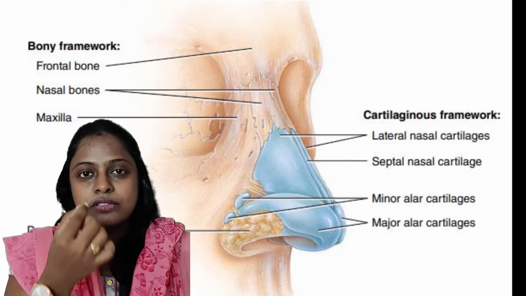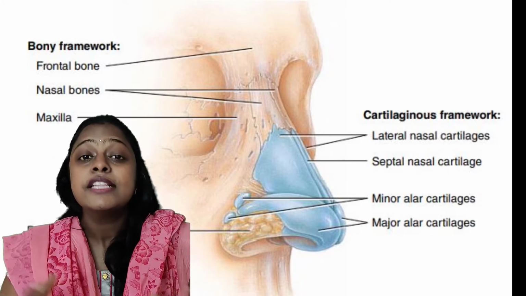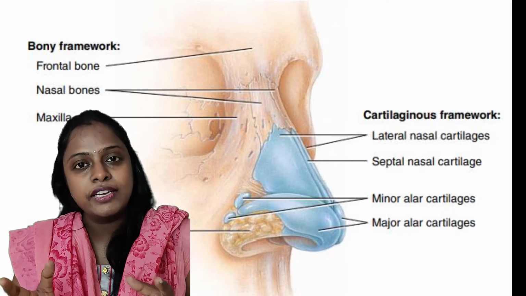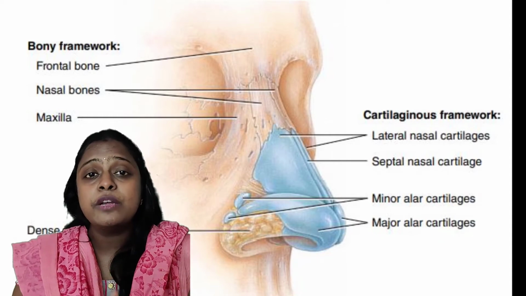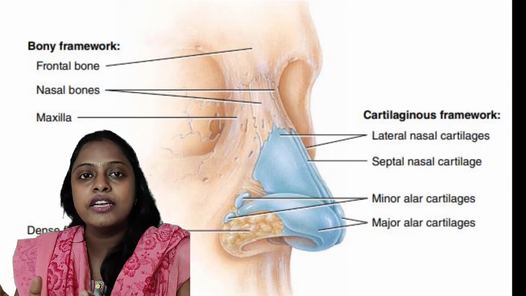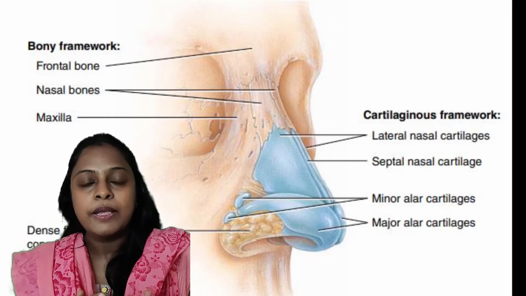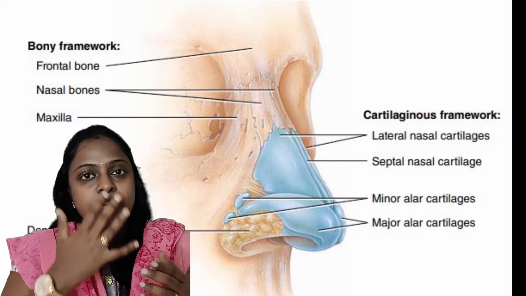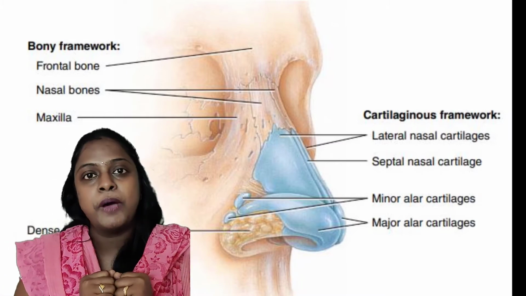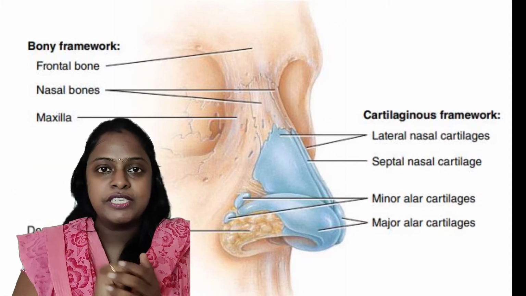So this is the flexible part of our nose. I can move it here and there. This is because it is made up of hyaline cartilage, and not only one piece of hyaline cartilage, it is made up of several pieces of hyaline cartilage. So all these pieces are connected with the help of fibrous connective tissue. As I told you, we have different pieces of hyaline cartilage in our cartilaginous part. So let's see what are the cartilages which are present here.